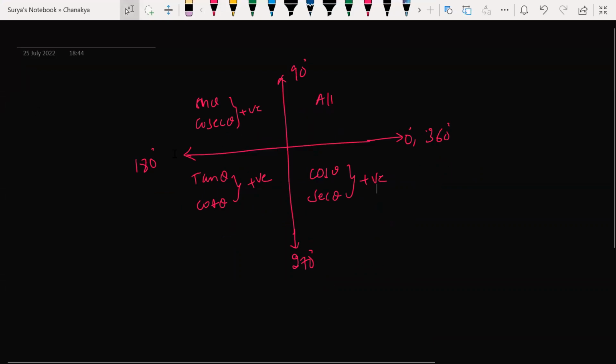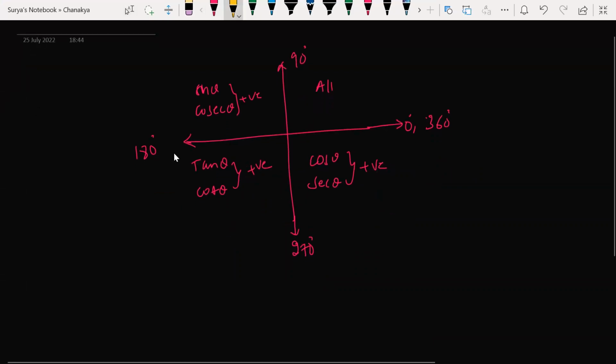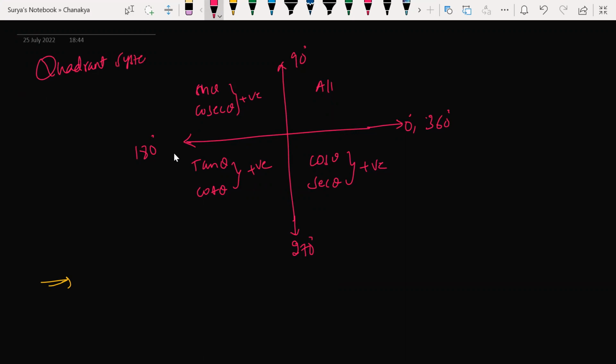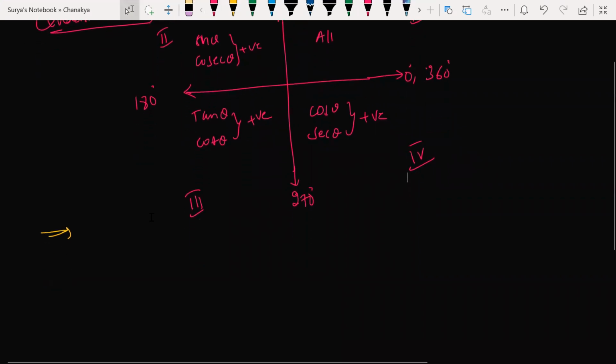All right. So we are talking about the topic called the quadrant system. This is my first quadrant. This is my second quadrant. This is my third quadrant. This is my fourth quadrant. All right. Now,